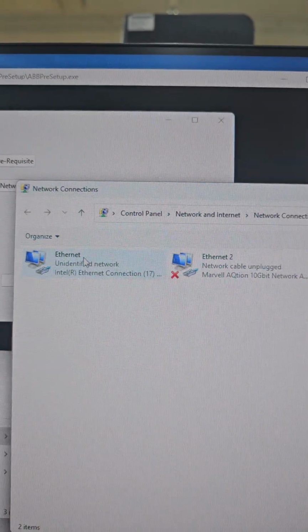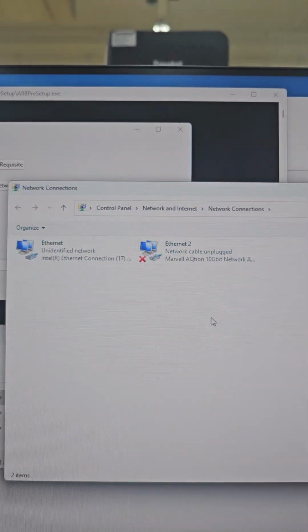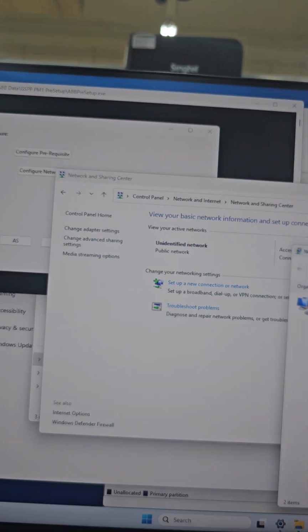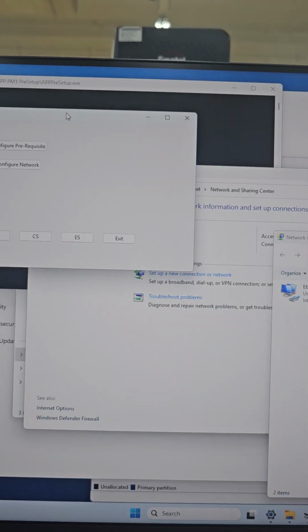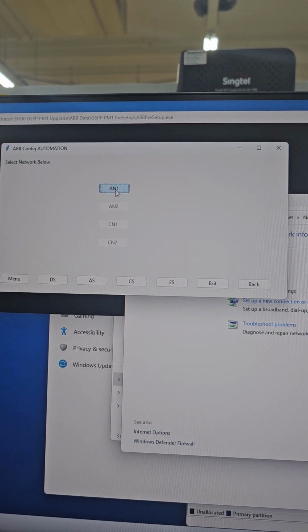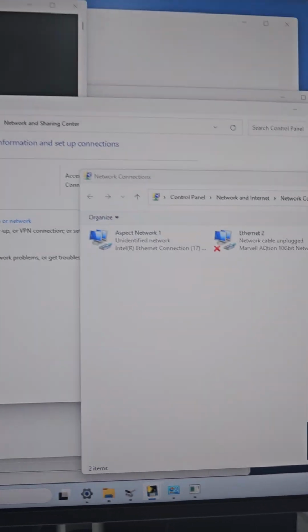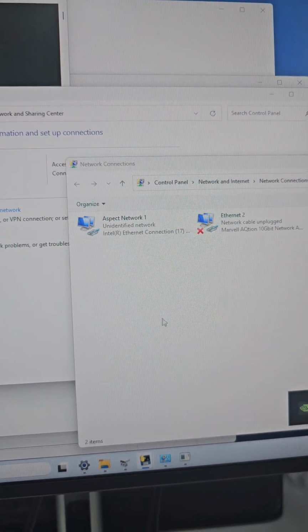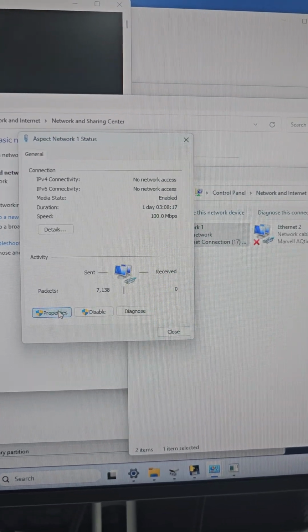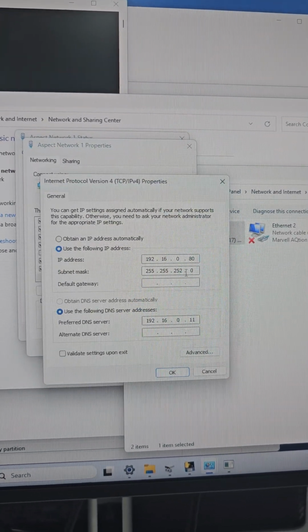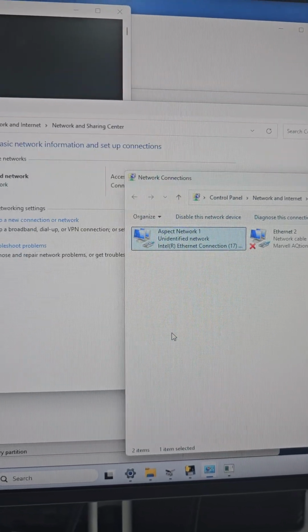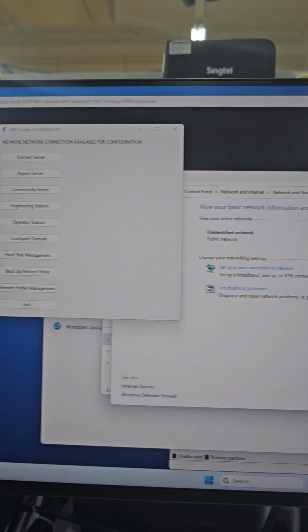Here you will see this one Ethernet and Ethernet 2. The program will rename this as well. Okay, so configure network AN1. Voila, then it will change the name and the configuration here also. Okay, right, after that